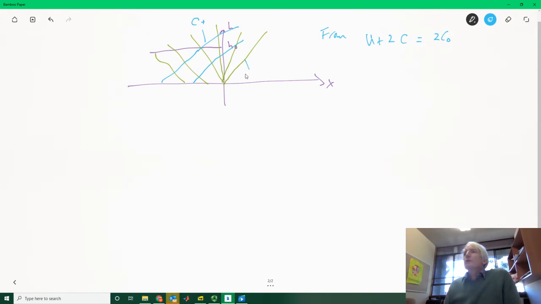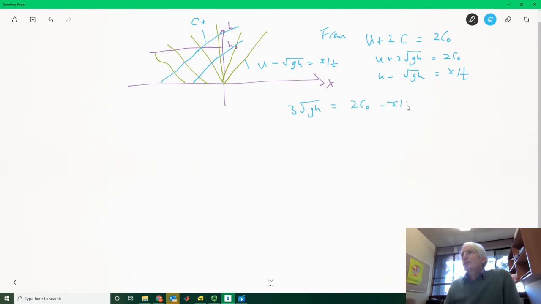And then on this green one, these green characteristics curves here, remember we worked out that U minus square root of GH is equal to X over T. So this is U plus 2 square root of GH is equal to 2C naught. Okay, so we solve these equations together. And that's really quite straightforward, right? We just take the difference between them and we get 3 square root of GH is equal to 2C naught